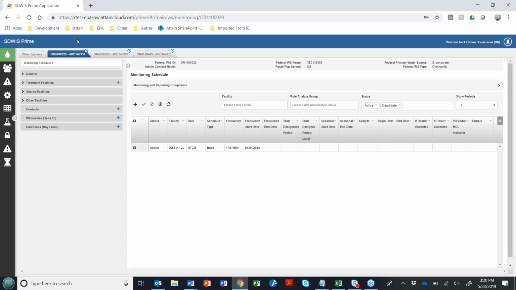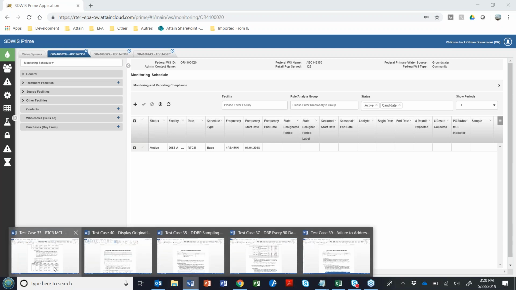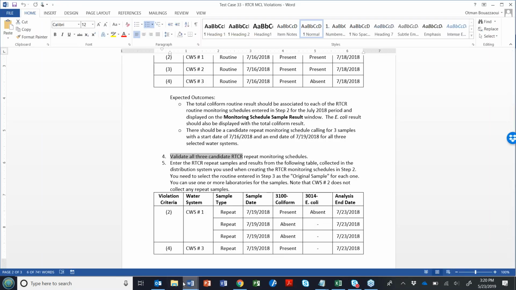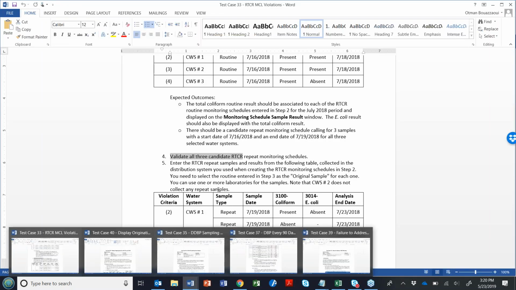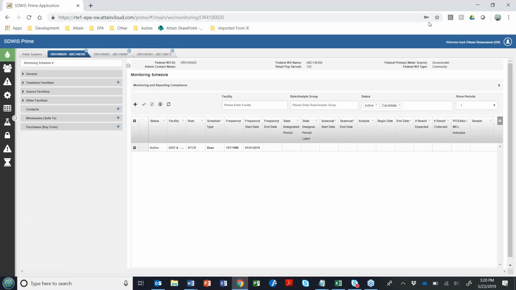And I just wanted to proceed with the demo here in this environment because there are some issues that we're looking at in pre-prod, which is the environment you will be using for testing purposes. So keep that in mind as we're going through the demo here. And if you're going through the documentation that I was looking at for each test case, you might notice some differences between what's in the documentation and what's presented on the user interface here.